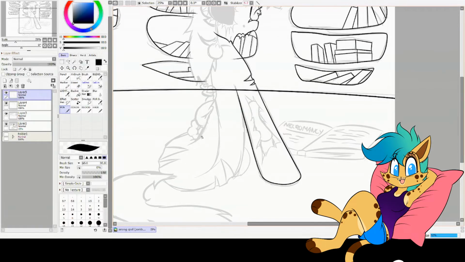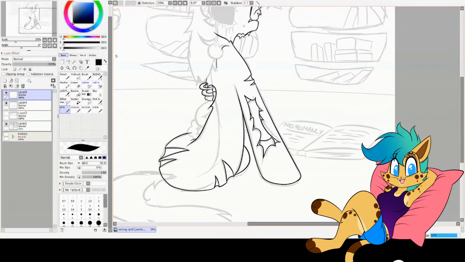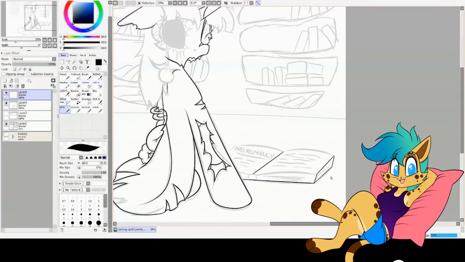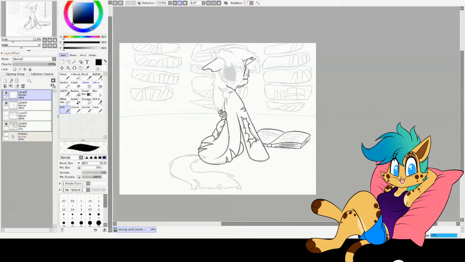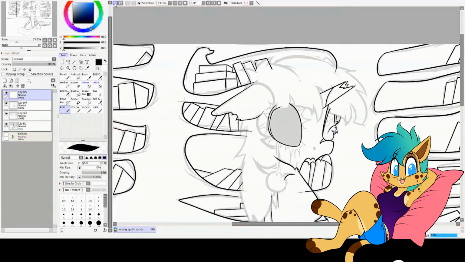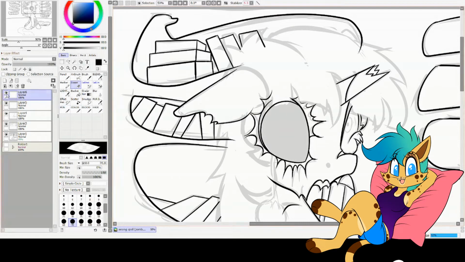So the overall composition of this piece, in terms of the lighting and shading, I also had no idea what I wanted to do with. I didn't draw any windows into the main frame of the piece, and I know that light can be coming from a window off screen, but I wanted the light source to be way more concentrated to the center focal point of the piece. So as I'm working on it, doing the line art and such, I'm trying to think